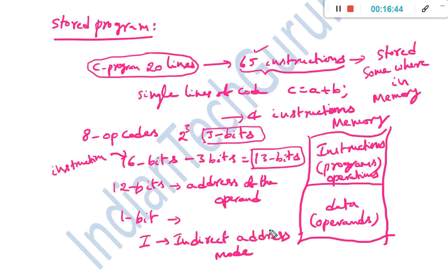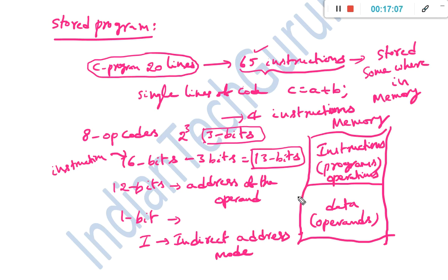Sometimes, whenever we specify the address of the operand, that particular address may contain another address, and the data may be residing in that other address. Then we say it is an indirect address.